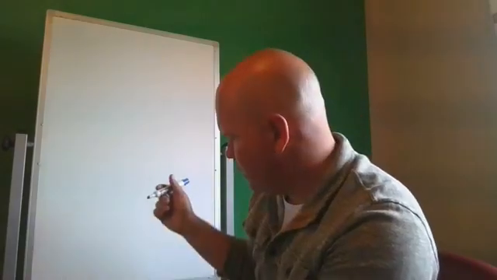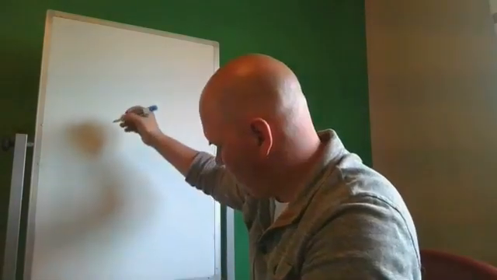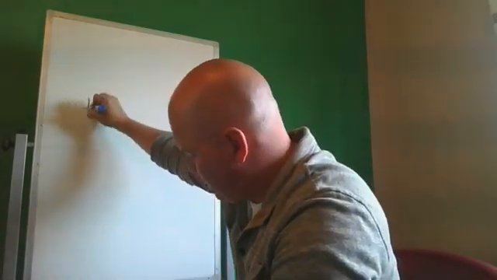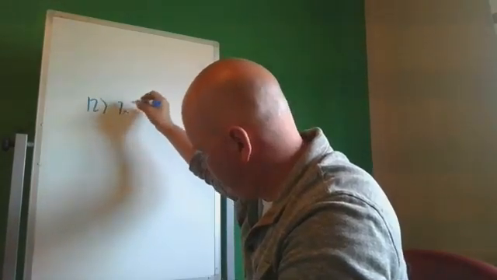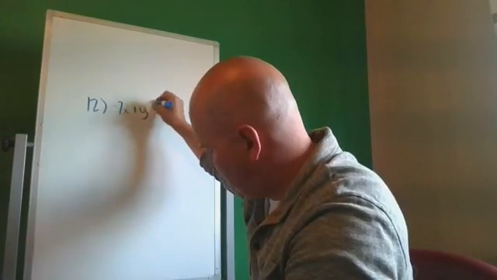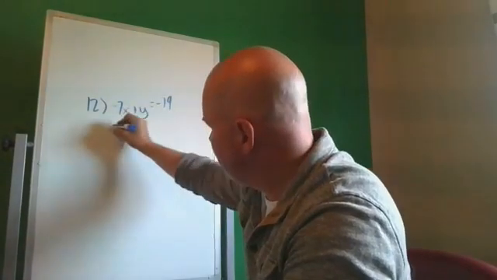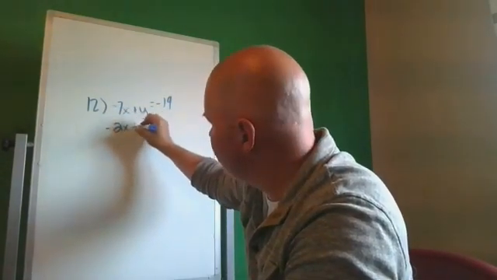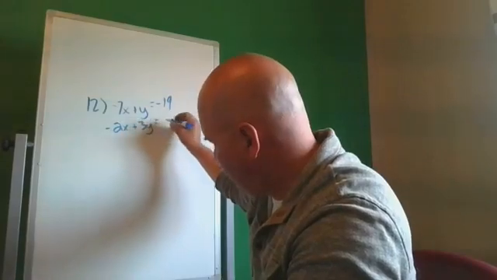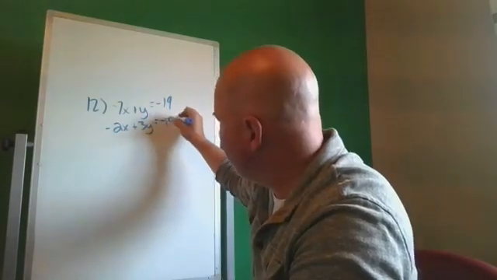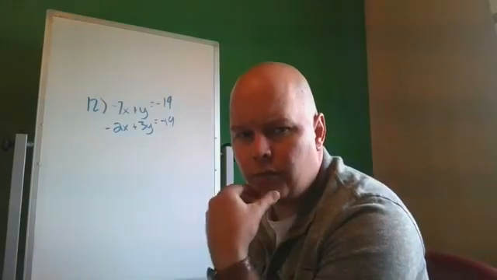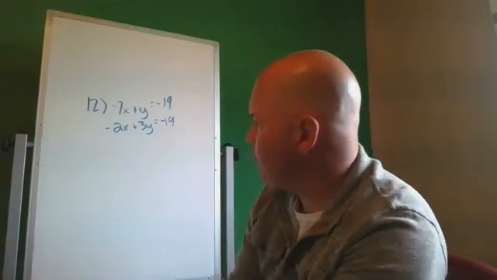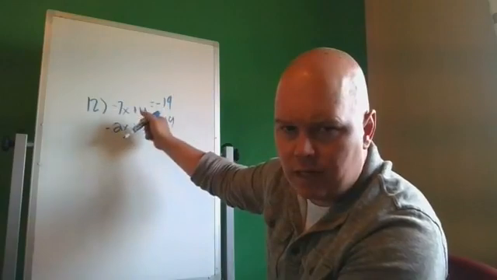Okay, so what I'm going to do is take my number 12 on the worksheet. Says negative 7x plus y equals negative 19, and negative 2x plus 3y equals negative 19. Okay, and I'm going to solve this one all the way through. So the first step I'm going to do is figure out which ones I want to eliminate. I have negative 7 and negative 2,